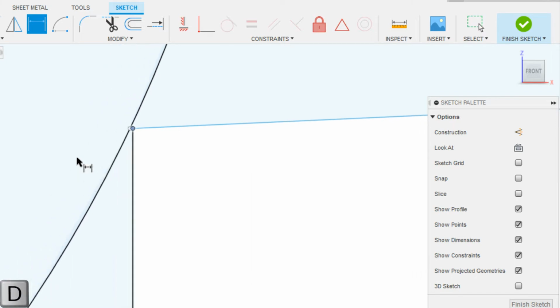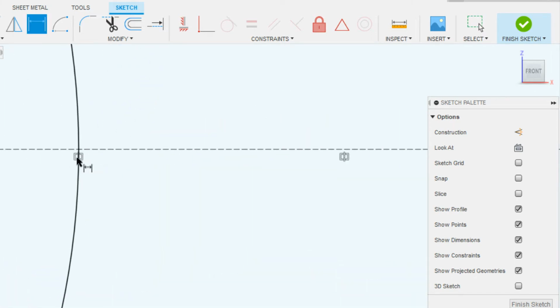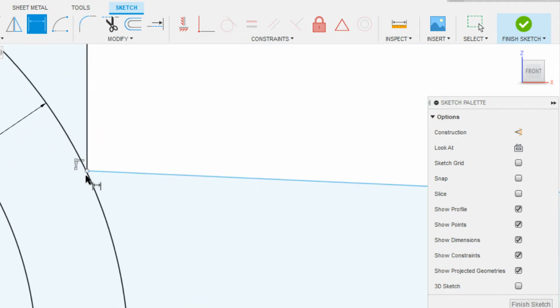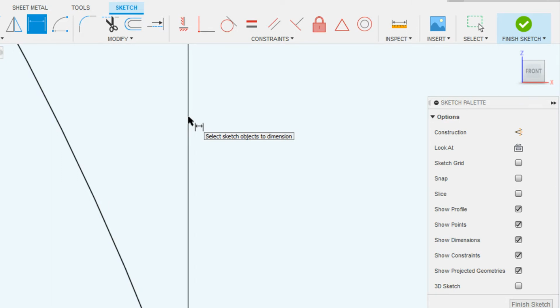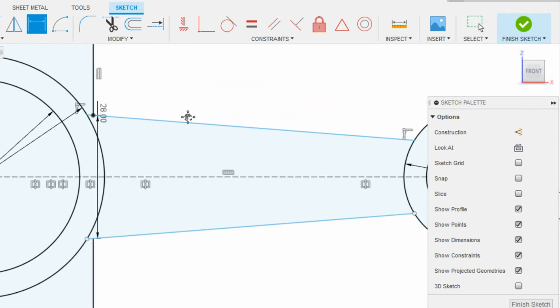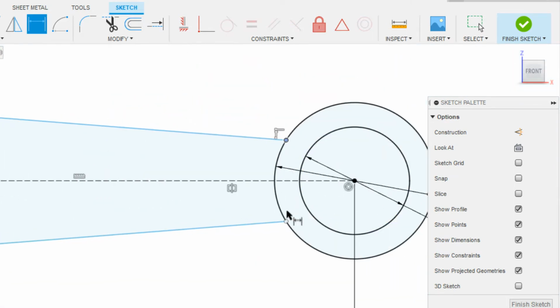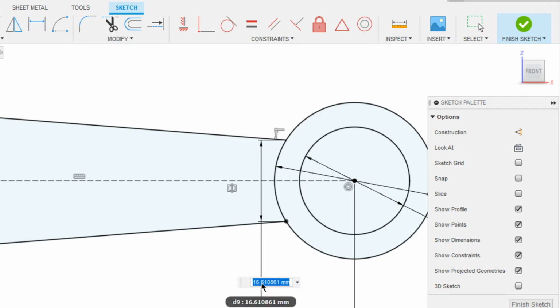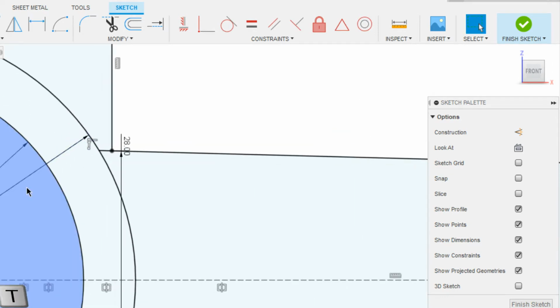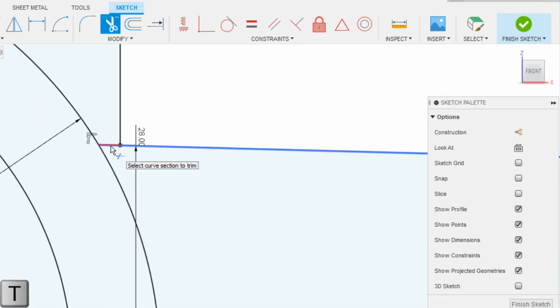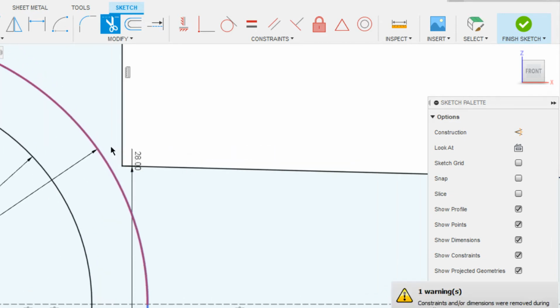The distance from this point to this point in here is about 28 mm. And the distance from this point to this point is about 24 mm. T on the keyboard. I'm going to trim out these extra entities.